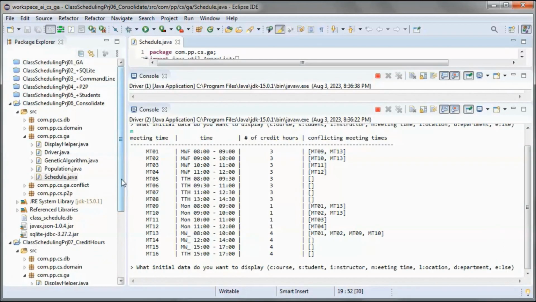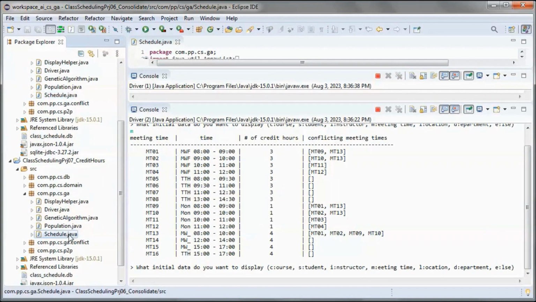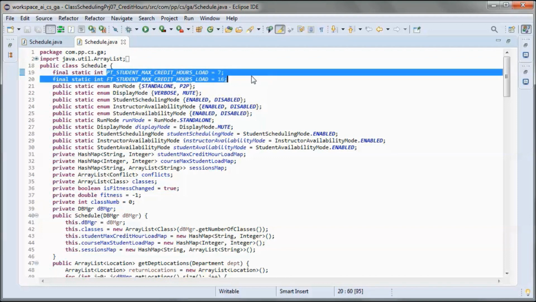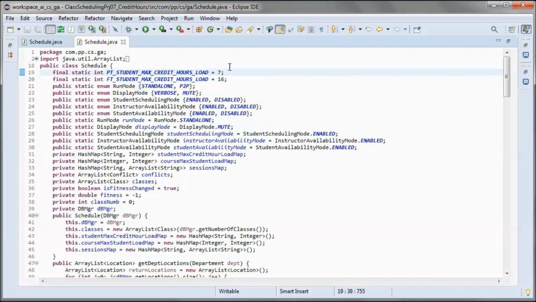And in this new project we go with part-time and full-time students max credit hour load. So for part-time students it is 7 credit hours, and for full-time students it is 16 credit hours.